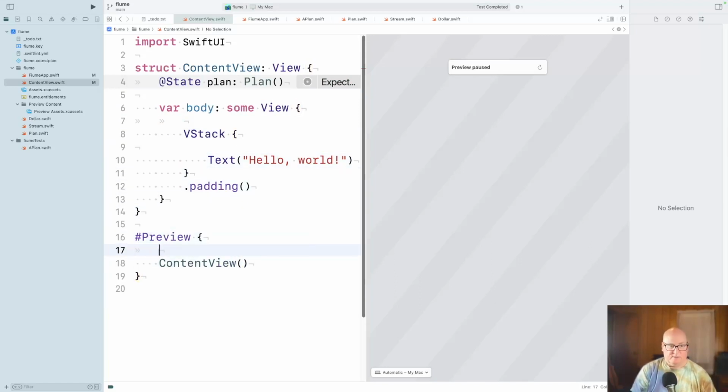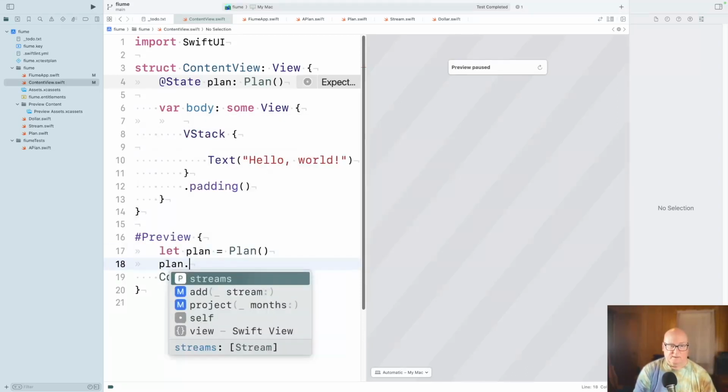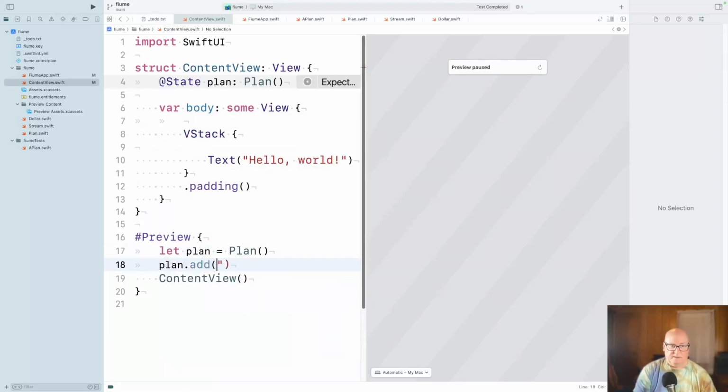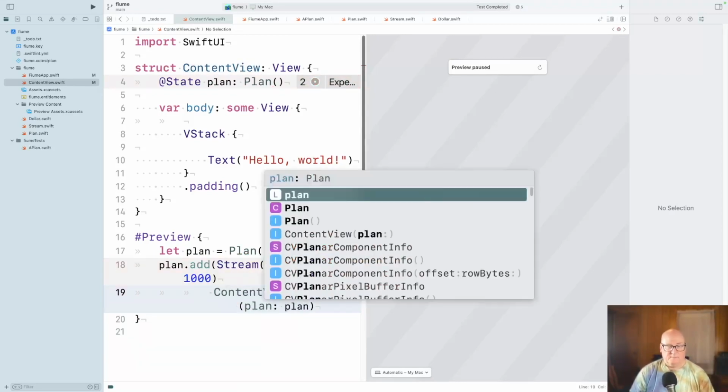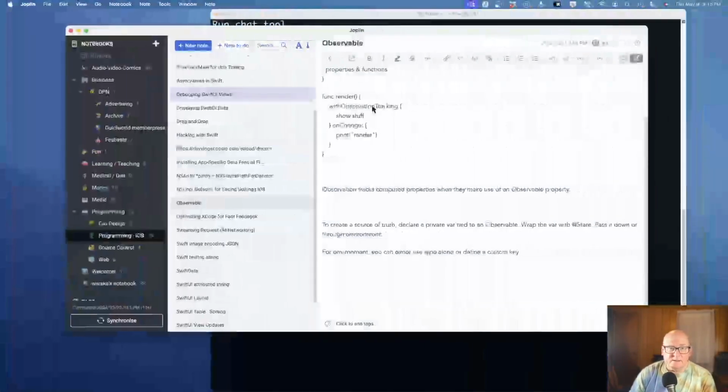And then the preview, what plan equal plan dot add stream salary 1,000. Let's just get that much going. At state, I don't know, am I doing this right?